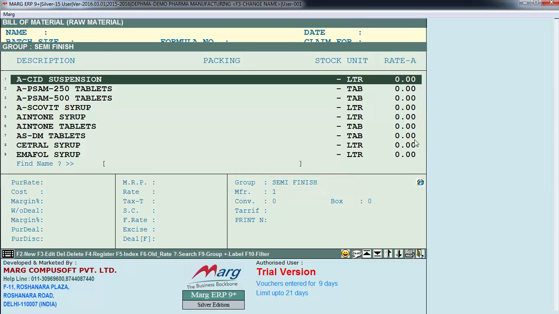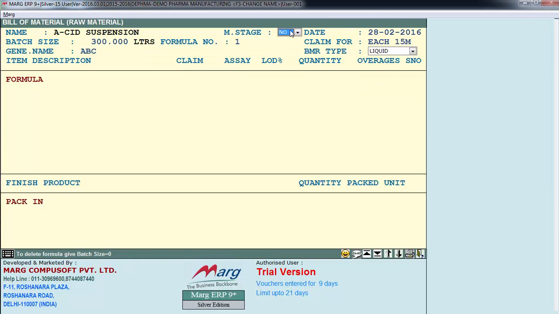So we'll enter on it. So here there is multi-stage. If this product is a multi-stage product, then you will select from here, else you will keep this no. After that we feed the entry date, then is batch size, means how much bulk of quantity you want to